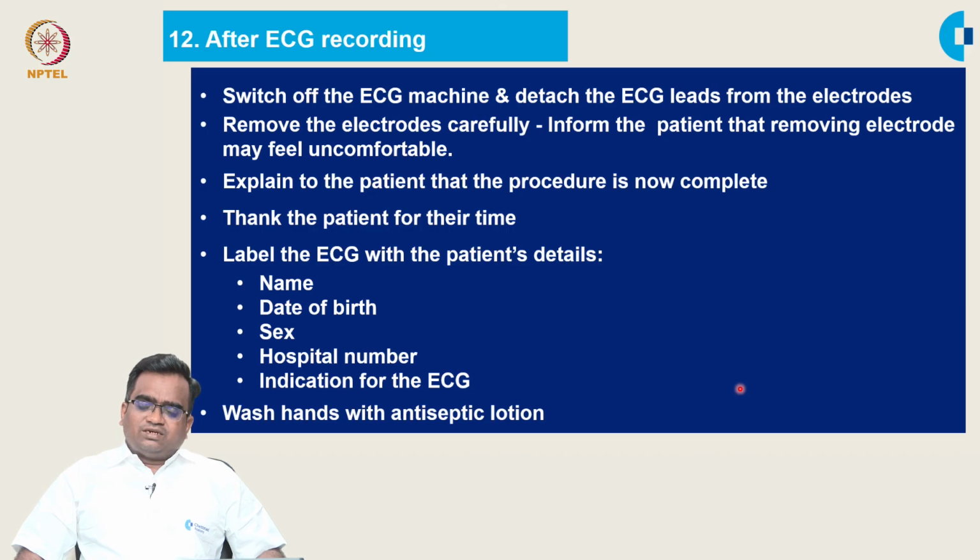Thank the patient for the ECG recording, then label the ECG paper, that is the identification: name of the patient, date of birth, date of recording, sex, hospital number, and indication of the ECG, all have to be mentioned on the ECG paper. After the entire procedure, wash the hands, that is, the healthcare provider has to wash their hands with an